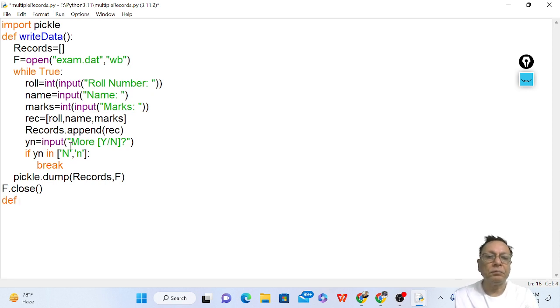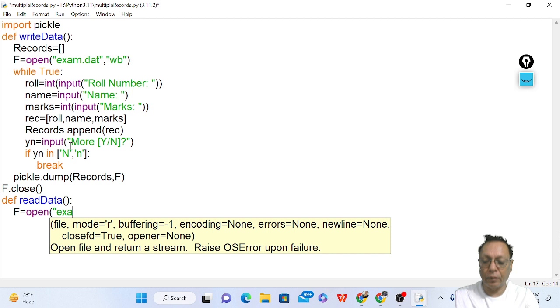So def read data, f is equal to open exam.dat, and this time the mode will be rb, read binary file,